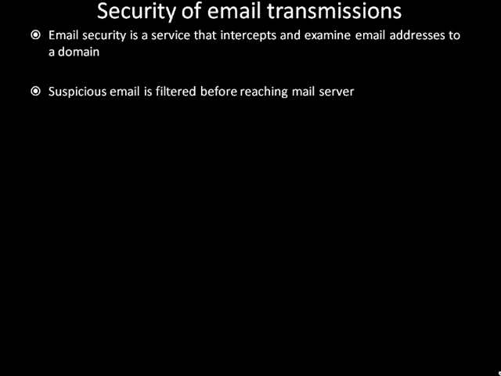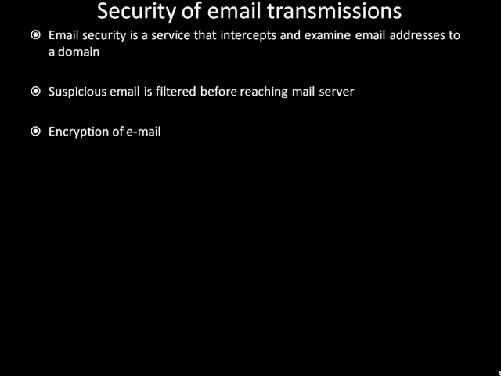Any suspicious origin of email is filtered before reaching the mail server. This prevents malicious attachments, spams, other unwanted mail, and attacks off the network. Spam blocker or anti-spam software are used to provide email security. Since email has become an integral part of our daily life, it is important to understand the problems and potential risks in these security issues so that corresponding actions can be taken.